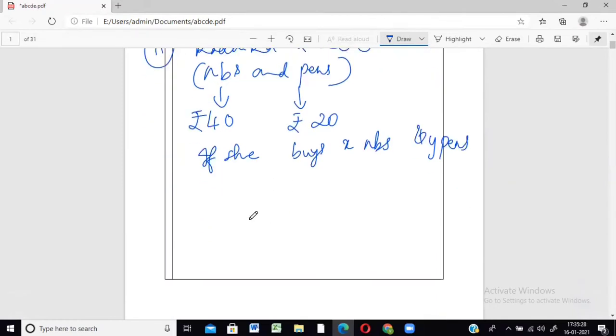Alright, so how will be the equation? The equation will be 40x. So she has to give this much money. How many? One notebook is 40 rupees. She is buying X number of notebooks. So total amount spent for notebooks is 40 into X, 40x. And she's also buying pens, right? The cost of one pen is 20 rupees. And she has bought Y number of pens. So that will be 20y. And this amount should not go beyond 200, right? So when you solve this, you can always have that amount equal to 200 also. So that is why that is less than or equal to.